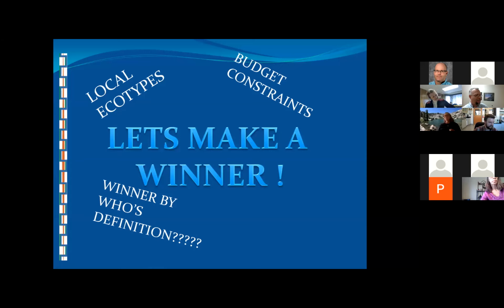So this is the moving into the local ecotype or the contract grow-out piece of what I want to talk about. As I said, as a strategy, Southwest Seed does focus a lot more on varieties for our bread and butter crops, but we do also work with local ecotypes and things that people are looking for specifically. And it's not always clear what a winner is going to look like.